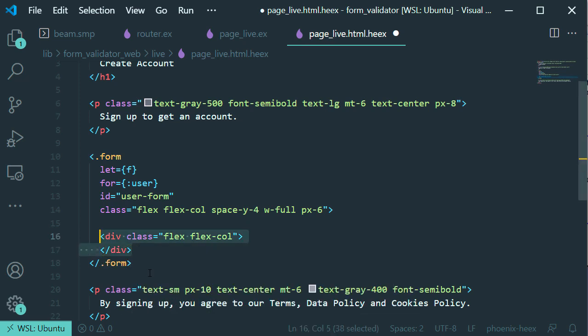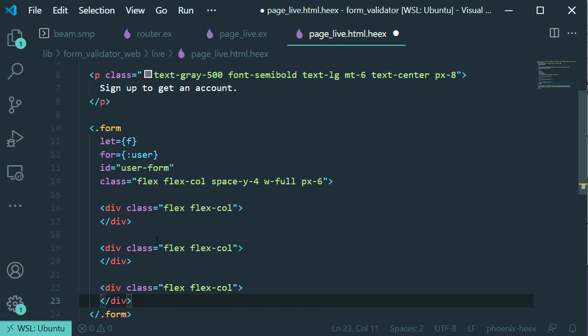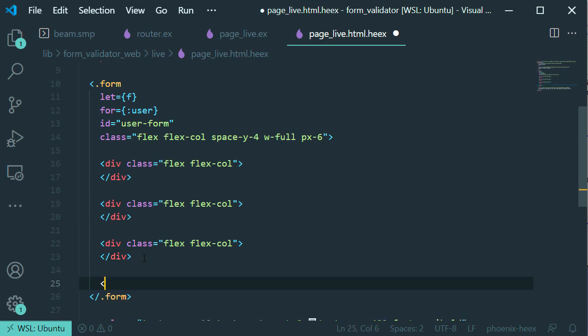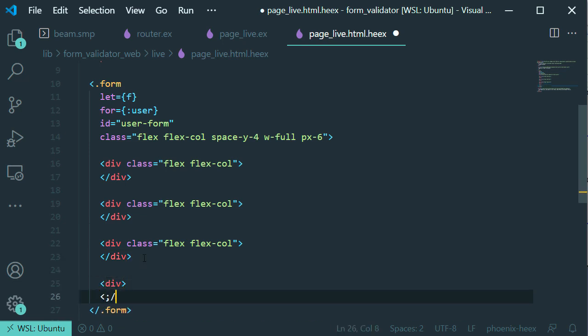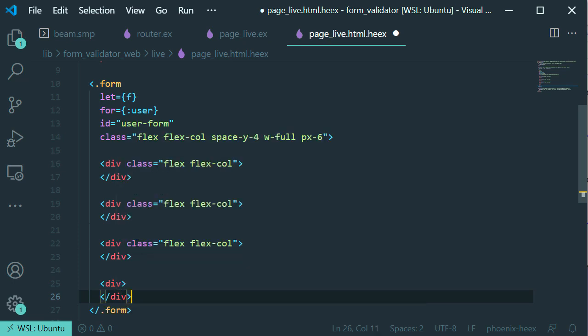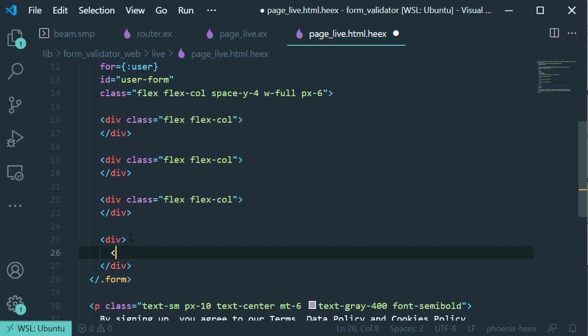These are gonna be 3 different divs with the same class, and the last one is just gonna be just a div with no class. So inside our div that doesn't have a class, we're gonna have a sign up button